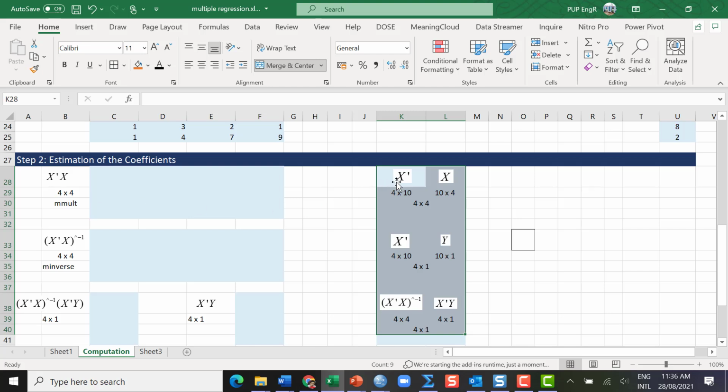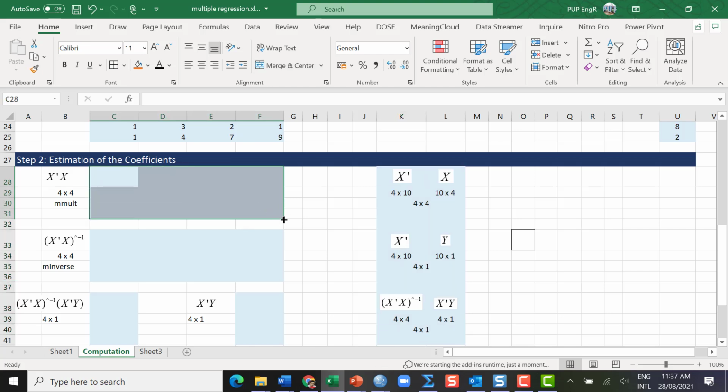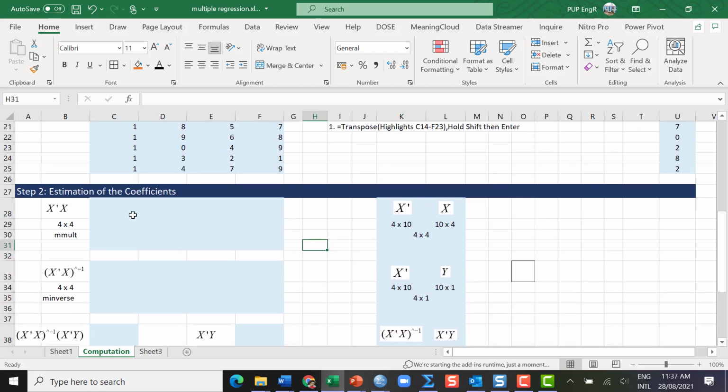So as you can see, the X matrix and X transpose. We are going to copy the first number in the matrix and the last in the X value. So it will become 4x4. So that's why this is 4x4. Okay, so how to do this? So we are going to introduce the